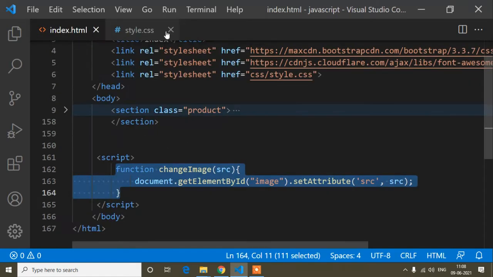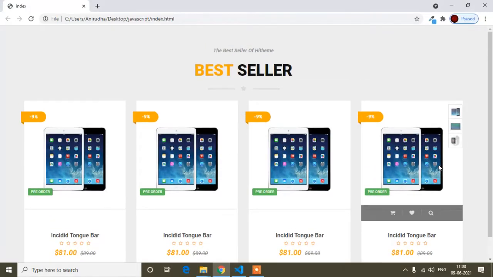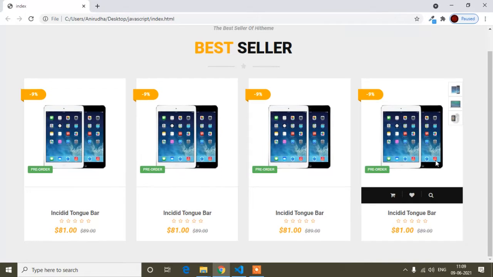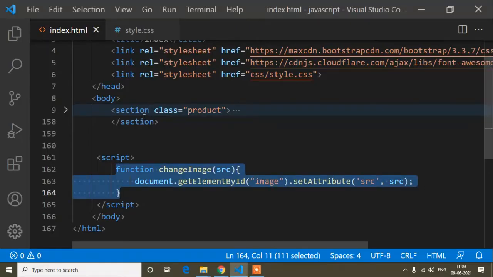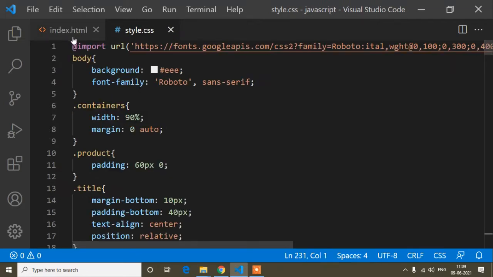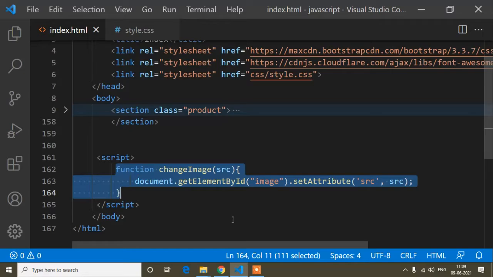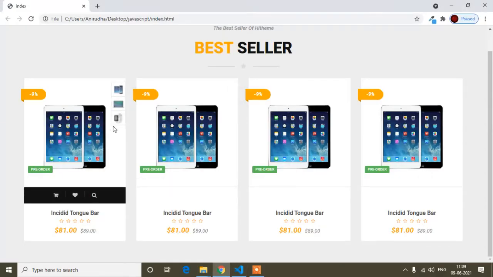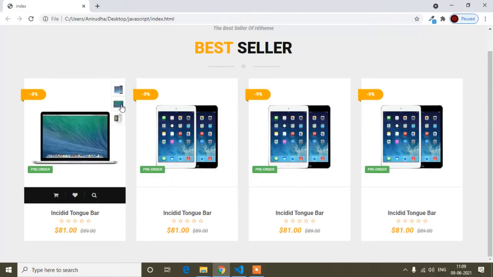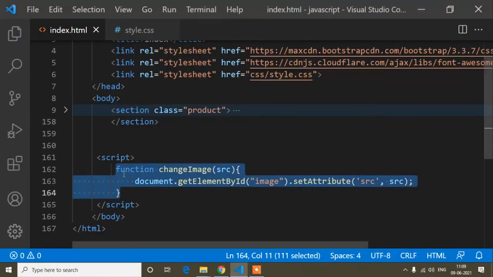This HTML code and this CSS code are only for this design, whose link I will provide in my description. If you go to my description and watch the video, then you will find this code, and the script, and also this CSS. For the script, I will just give you a brief idea: the script is for when I choose an image, that image stays selected if I hover out. The script is only for that.